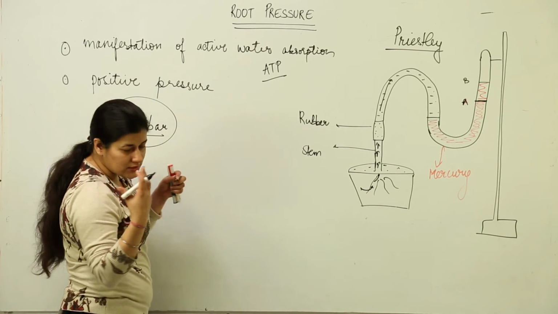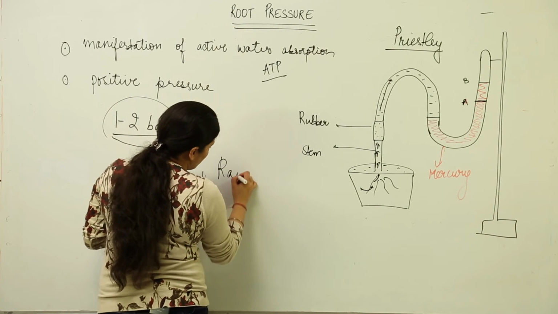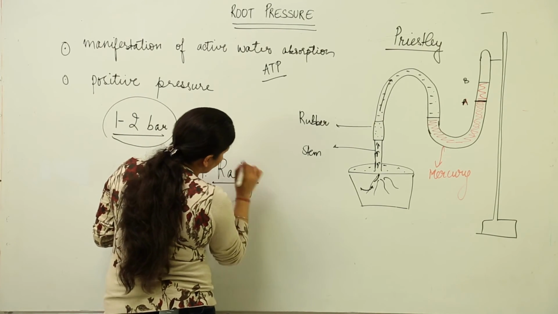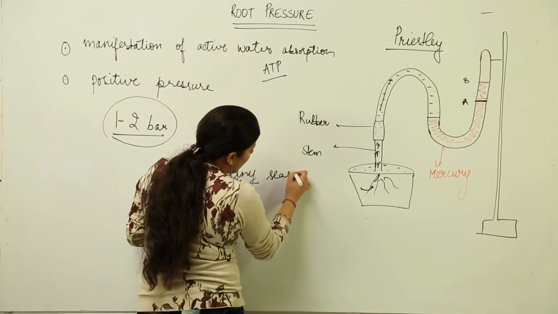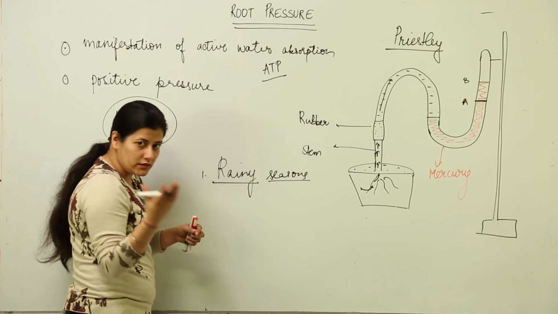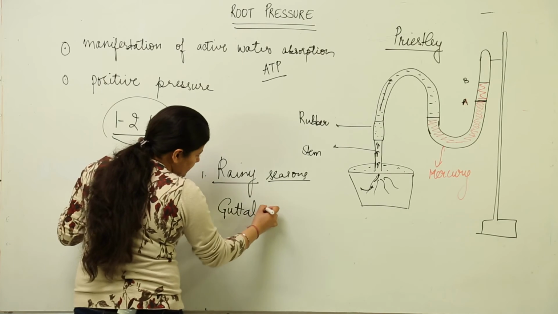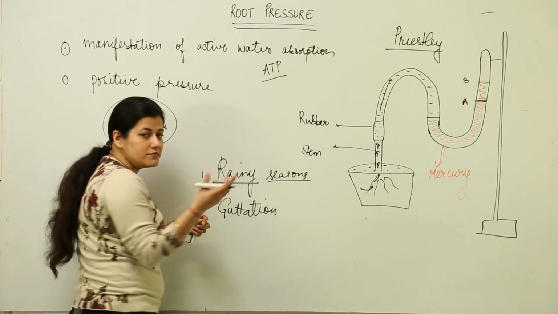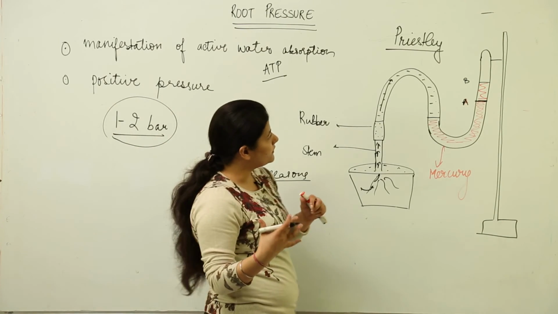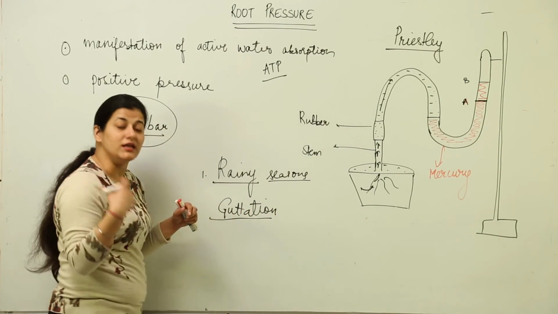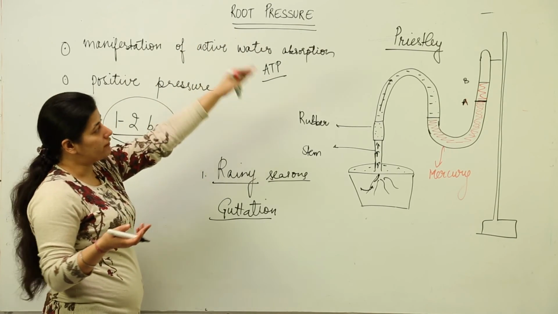Now there are certain seasons when root pressure is observed. In tropical plants, in the rainy season you observe a lot of root pressure inside the plants, and one live example of root pressure is guttation. Guttation is a phenomenon where the sap comes out of the leaves. We do discuss guttation when we talk about transpiration, another phenomenon that involves another type of pressure. So for now, root pressure was discovered by Priestley.